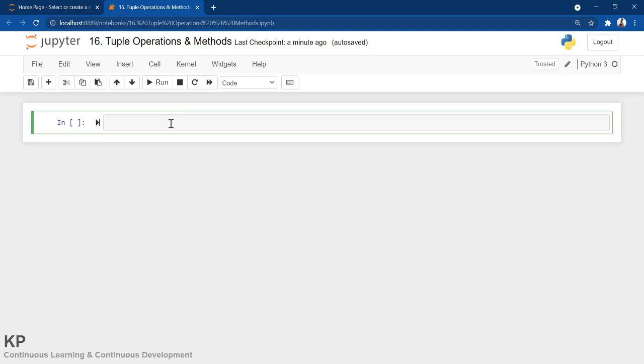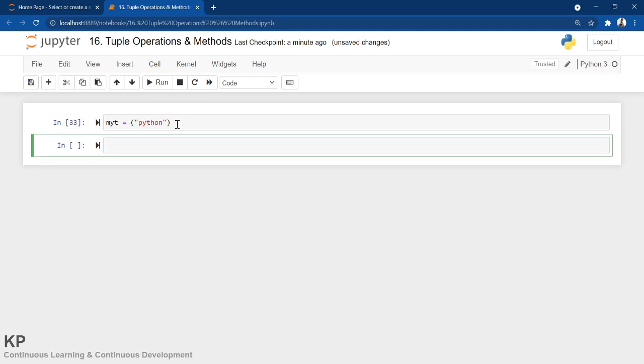So let me give you a question. How can you create a tuple, or declare a tuple, having only one element? Suppose I'm giving one variable myt, my tuple. As a tuple uses parentheses or round brackets, I'll put those and put a single element, suppose Python.